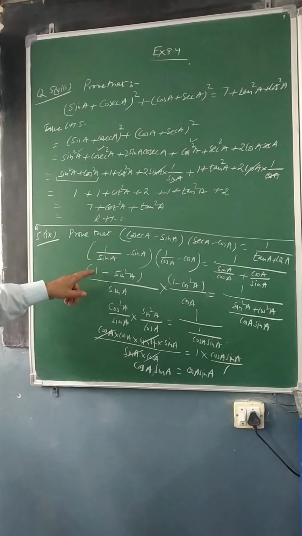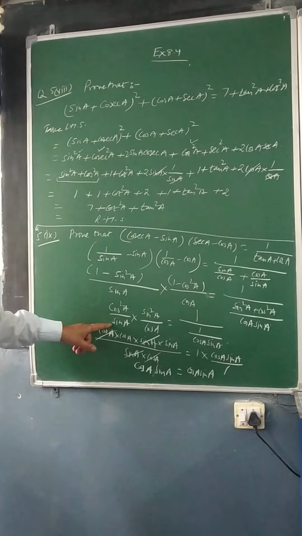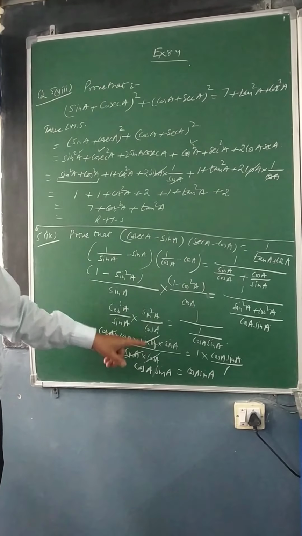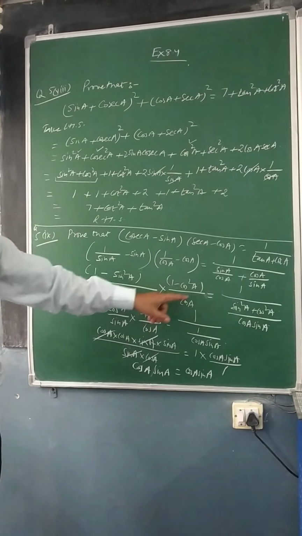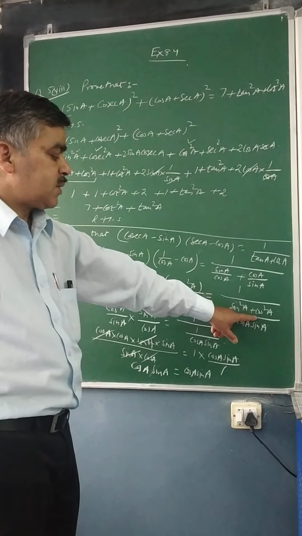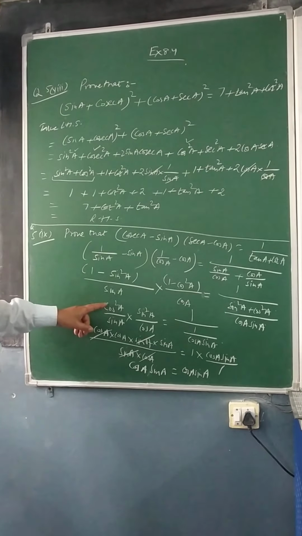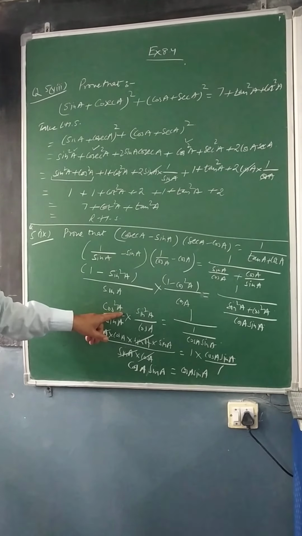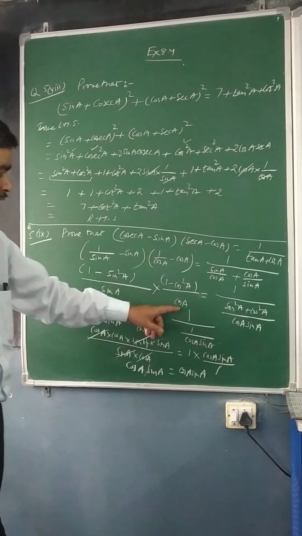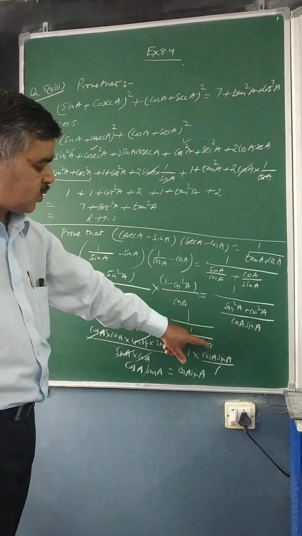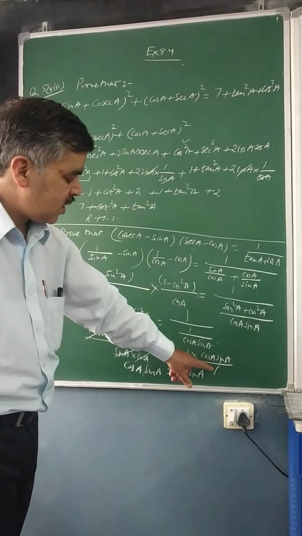Then do these calculations. 1 minus sin square A, I can write cos square A, so it becomes cos square A upon sin A. 1 minus cos square A, I can write sin square A, so it becomes sin square A upon cos A. Here it is 1, this is the identity sin square theta plus cos square theta, I will write it equal to 1 upon cos A sin A. So then I did the calculation by expanding this, cos A into cos A, sin A into sin A upon sin A cos A, and here it is 1 upon the whole 1 upon cos A sin A. So if I take the reciprocal, somewhere I will reach 1 into cos A sin A upon 1.